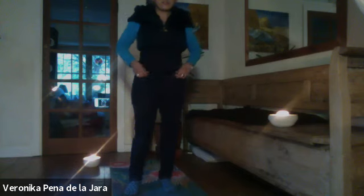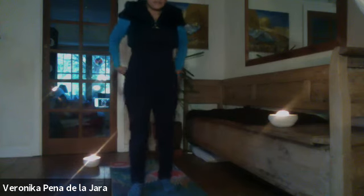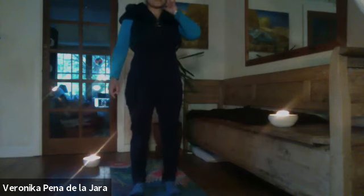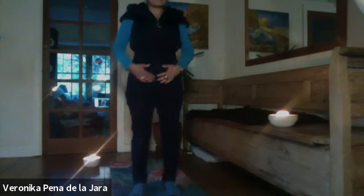Okay, so we'll come up to standing for the first one. And this is one that we've done before, so it'll be a little bit familiar. It's a little bit tricky, but it's really important that we're very precise with these movements. Okay, so we'll start in a nice easy way and then we'll build it up. So we're going to bring two arms up,